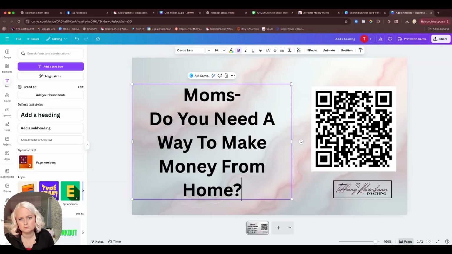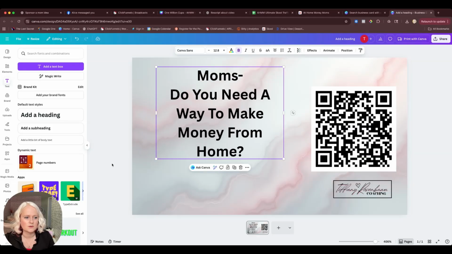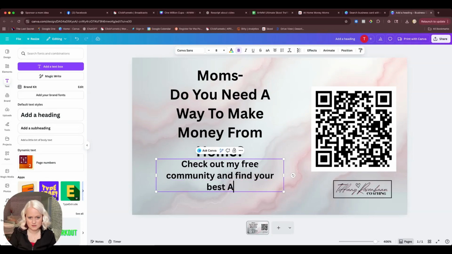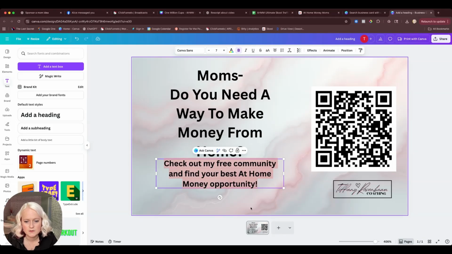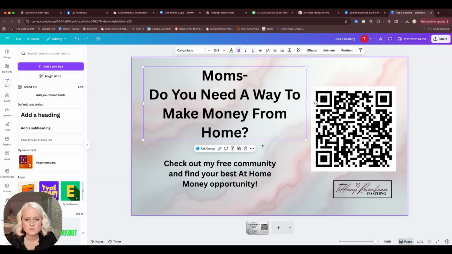Okay, so this is an example. We're going to move this. We're going to do maybe a subheading down here. Check out my free community and find your best at home money opportunity. So these are some examples. I am going to actually make this a little bit smaller. We are going to draw the lines over a little bit just to make it more